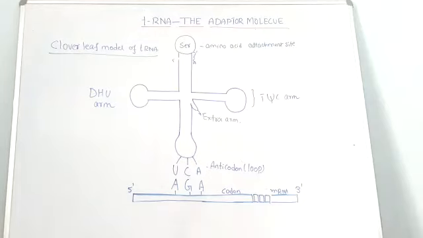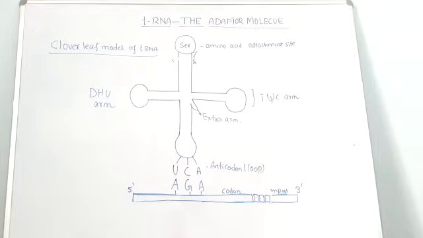Hello students. Now we will talk about the next topic, that is tRNA, the adapter molecule. Because in order to understand the translation process, the knowledge of transfer RNA, messenger RNA, and ribosomal RNA, all three RNAs, is very important. So this is one of the most important topics. It is given in the NCERT reader. We will go through this topic.